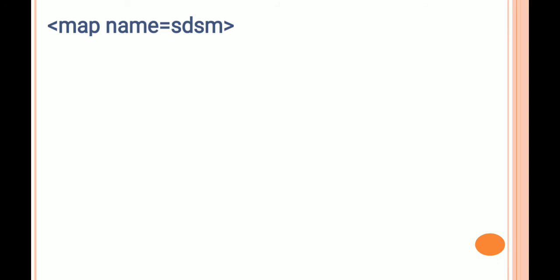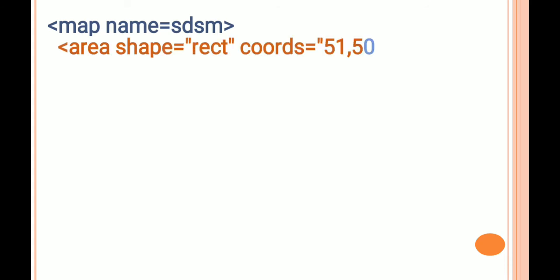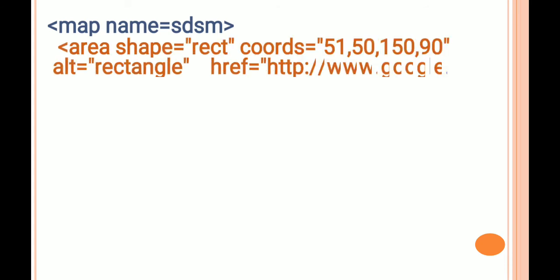Now we'll define some clickable regions on that image. For that purpose, here we are going to make use of the area tag. Area shape is equal to rect, to draw the rectangle. Then we'll define the coordinates of that rectangular shape with the help of the coords attribute. We can easily find coordinates for a particular shape with the help of the Paint application.